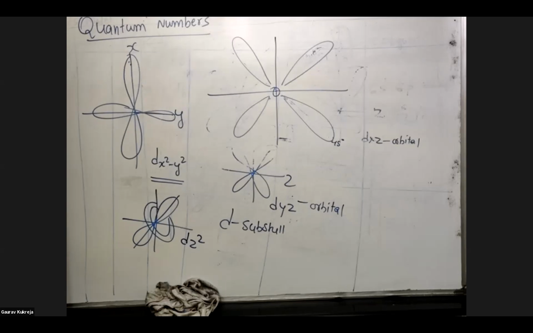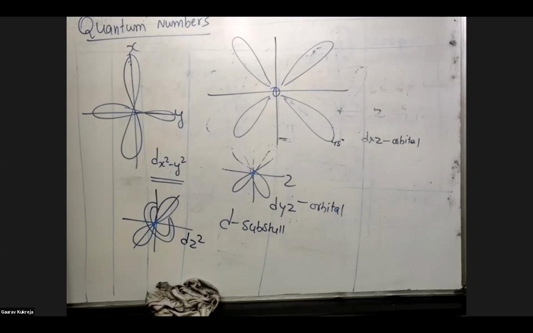Why? Because spin-wise, only two spins are possible. Only two rotations are possible. So the third electron will now keep some distance to avoid electronic repulsion. Otherwise, even the third electron wants to be very near to the nucleus. The only problem is that there are already two electrons in the same position, and the third electron cannot enter that space because there will be electrical as well as magnetic repulsion. That's why, to avoid the repulsion, it will go slightly away and start revolving there. Thereby the distance, the radius, will increase now.